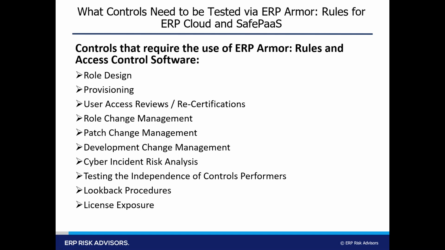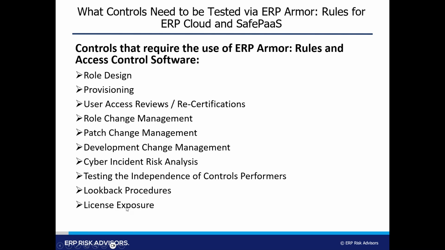What I want to get into in this recap is the concept of having to do a lot of sensitive access testing. With access control software like SafePaaS, there are 10 different scenarios where access control should be tested. Role design, we'll recap that in this session. It should be used during provisioning, during user access reviews, when a role is changed, when a patch is applied to the environment, when development is moved into production, even in SaaS environments because of the risk of sensitive data. You're not customizing the applications. When there's a cyber incident, to test the independence of control performers, to perform look-back procedures, and to evaluate license